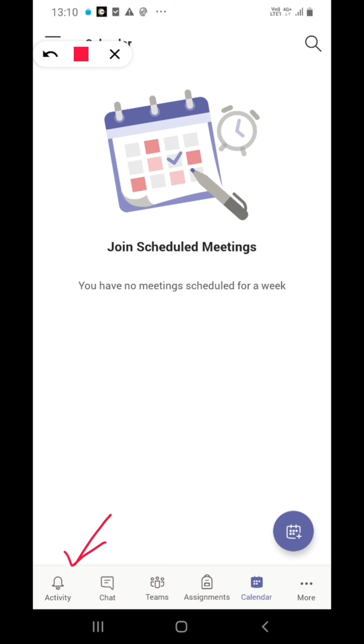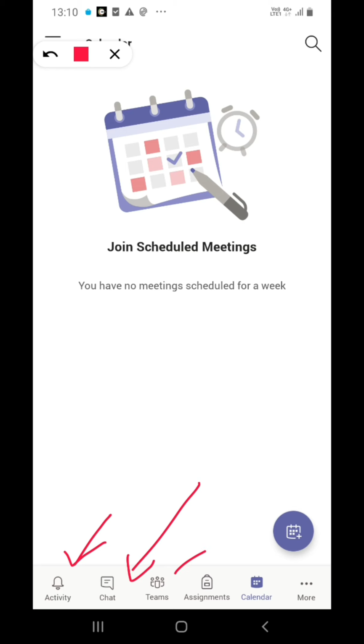Next option is Chat. In chat, when you are having a one-on-one chat, you can message, call, share your screen and add other people to the conversation, all from a single interface.